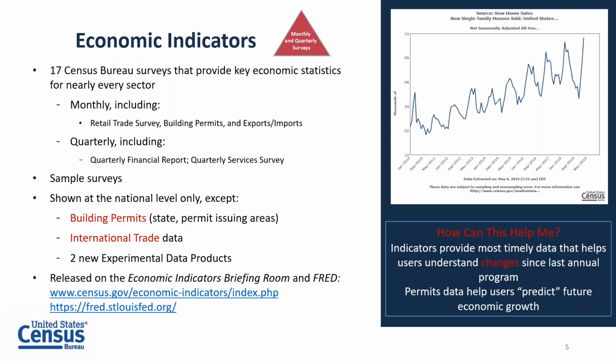So at the very top of the pyramid is the economic indicators. Every single month, we publish 17 of the leading economic indicator surveys that you hear about on the evening news. These include monthly surveys like the monthly retail trade report. They include some quarterly surveys like the quarterly services survey. Most of these programs are shown at the national level, but there are 2 programs that publish data below the